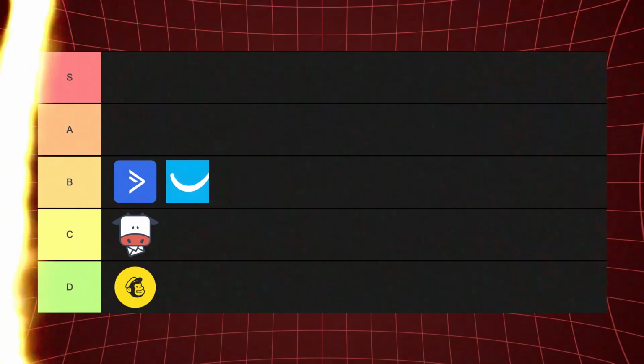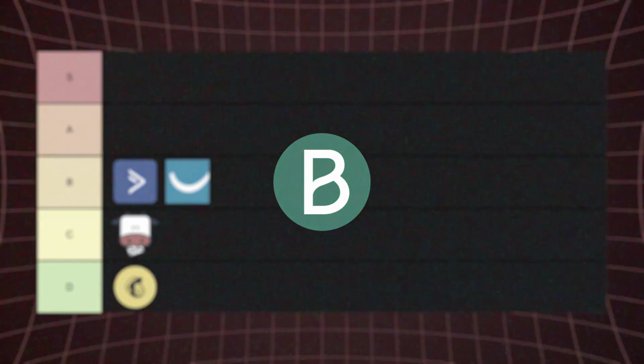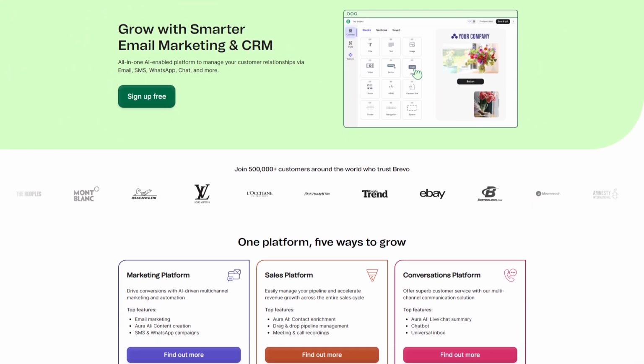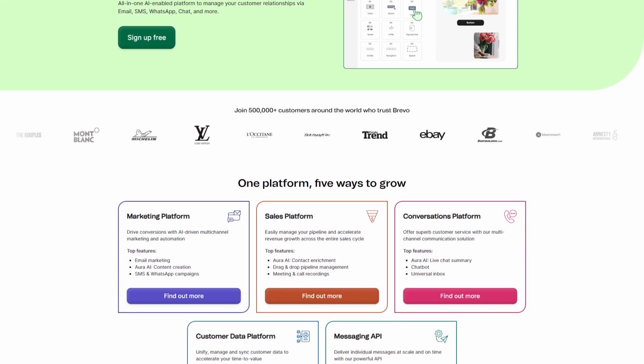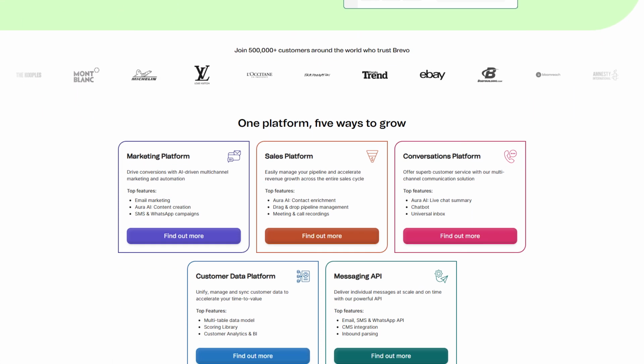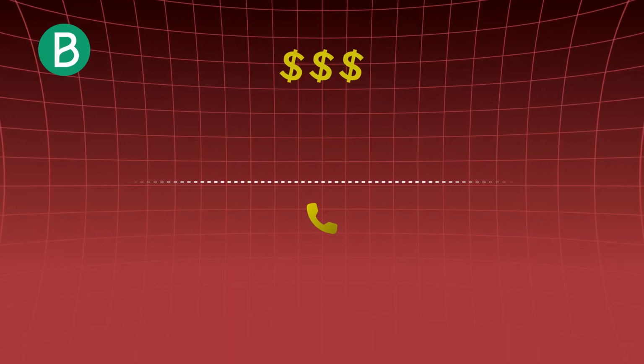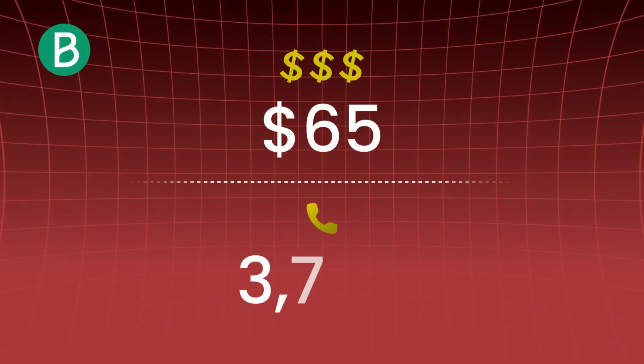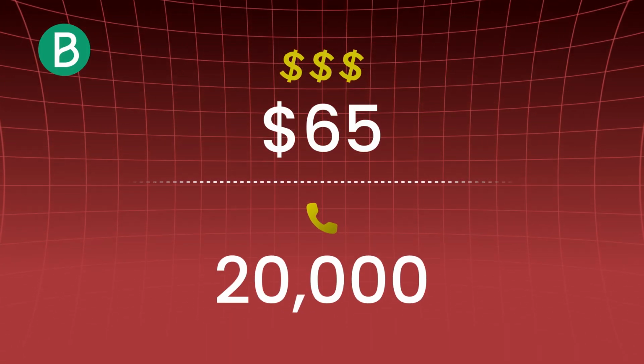The next platform is probably one you were expecting me to talk about, which is Sendinblue, otherwise rebranded to Brevo. Now, Brevo actually used to be one of my favorite platforms. I think it has great usability, and especially before they rebrand, I used them a lot. Their pricing is incredibly competitive, especially because it's not based on contacts. The average price you're going to be paying is $65 for every 20,000 contacts, but they actually base it per